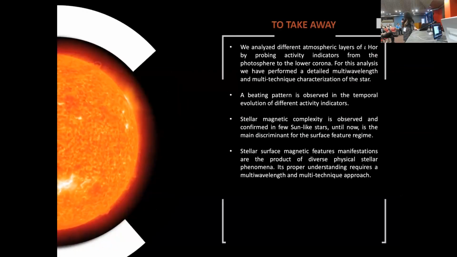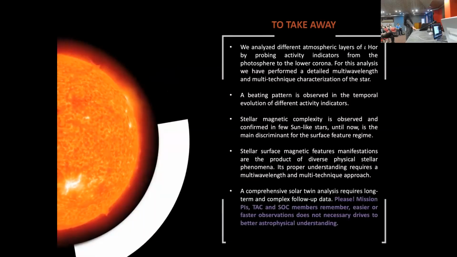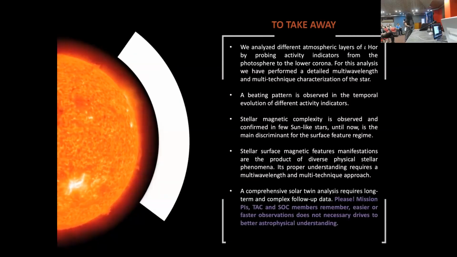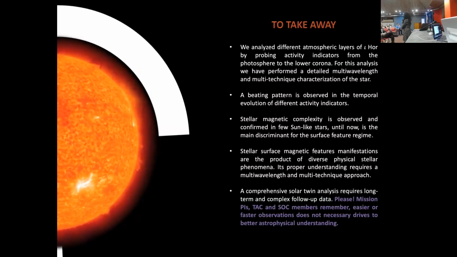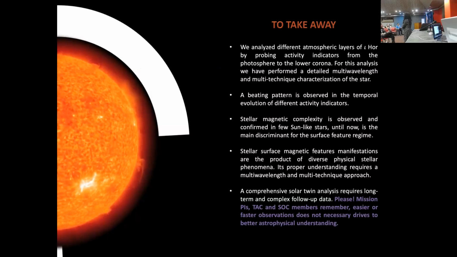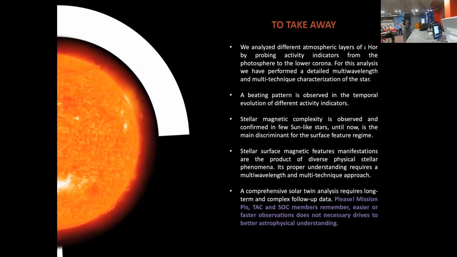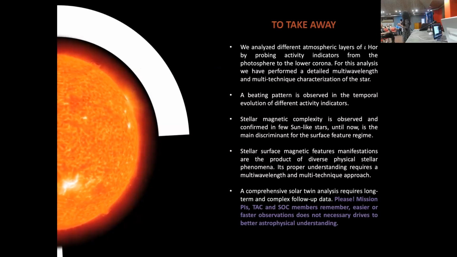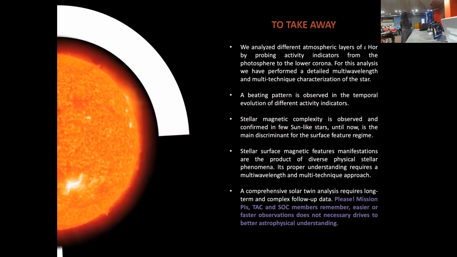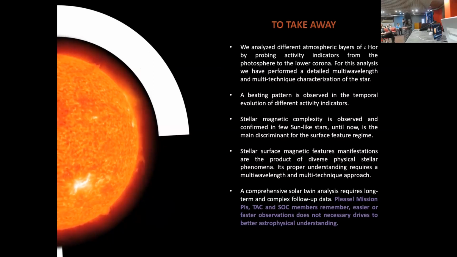And with that, I want to give you take-home messages, but the most important is, if you are part of a TAC committee, please give time to these slow rotators that need polarimetry. I understand that following a star for more than 20 years with an instrument that is very expensive is hard, but we need to understand the physics of those objects that are like the Sun. Thank you so much.